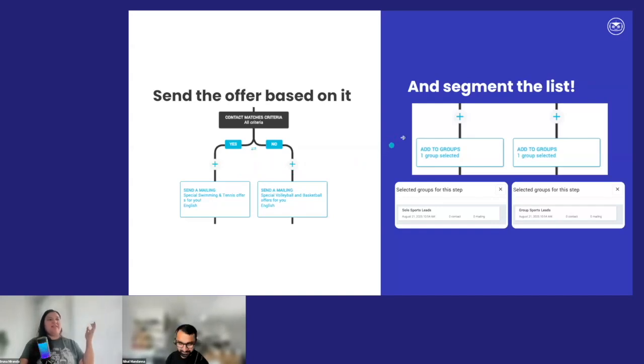And then this is the part where people forget to do, like, oh yeah, I'll send the offer and that's it. Done. I send the offer. Hopefully they'll sign up. This is the second part, the dynamic group at the end of the list. So after they receive the offer for each type of sport that they like, I'll add them to different groups. So now I'll be in the solo sports leads and I'll be in the group sports leads.